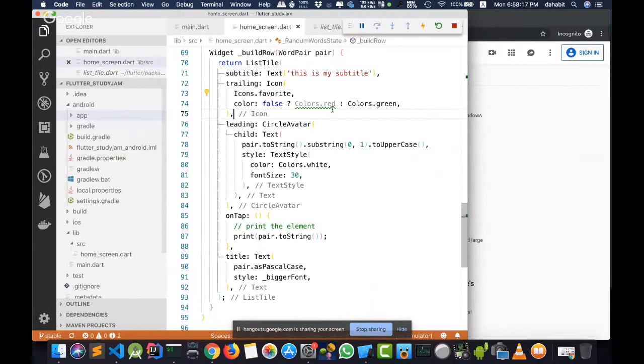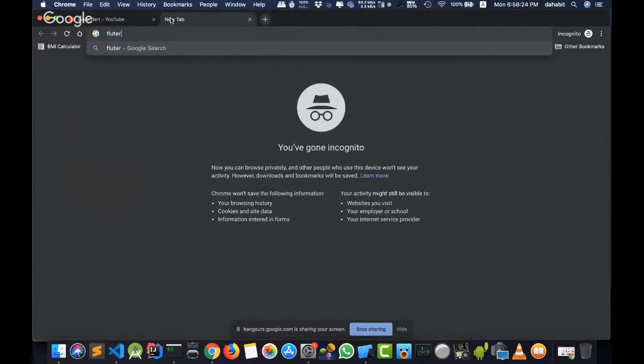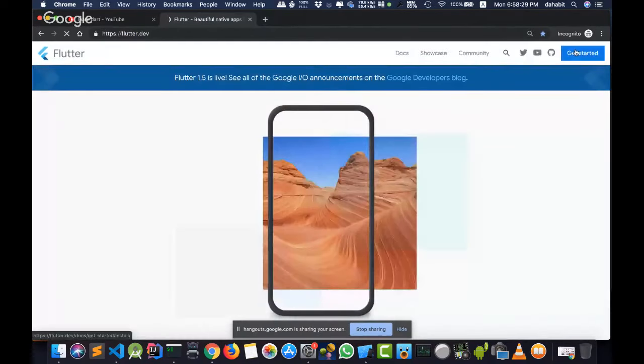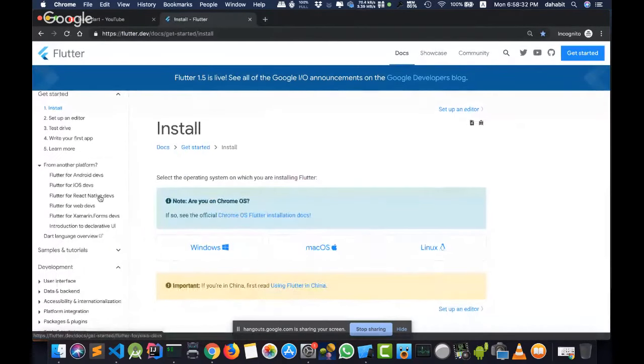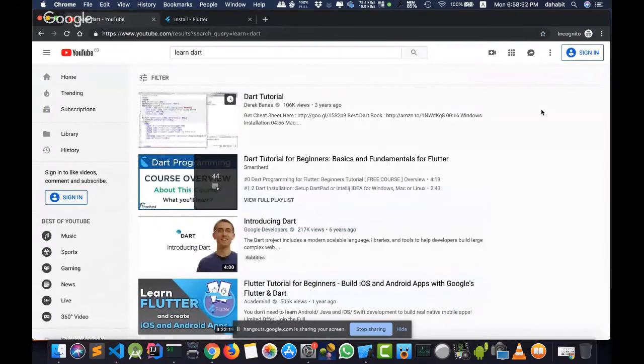So start with Flutter. Flutter is very easy to learn, and also the Flutter documentation is good. The documentation builds on the previous knowledge that you have. There is a Flutter guide for React Native users, Flutter for iOS developers, Flutter for Android developers, Flutter for web developers, and Flutter for Xamarin developers. No matter what experience you had before, even if you don't have any experience, Flutter is a very good start for you. And I advise you to learn a little bit more about Dart.